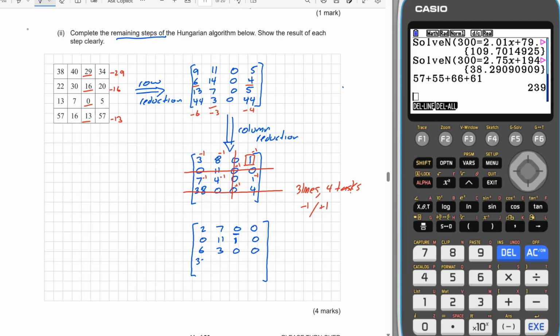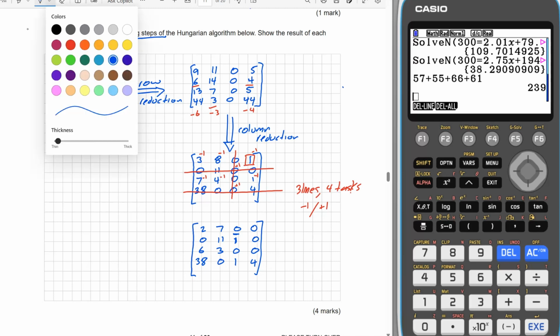38 stays as it is. 0 stays as it is. The second 0 though, I'm going to add 1 to it because it's got 2 lines through it, and then the 4 stays. I'll just fix up my lines. And now I've got